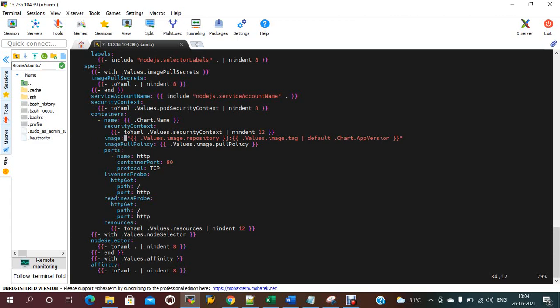So for the container port, manually it would have 80, right? If you want, I can update the container port. It needs to be picked from values itself. Let me update it from the values, image repository, and the same way the container port. I don't want to update it manually.